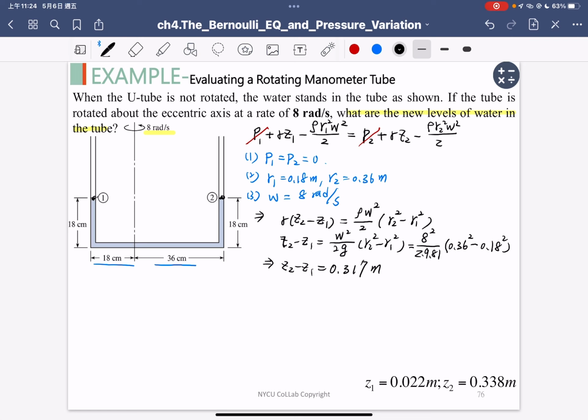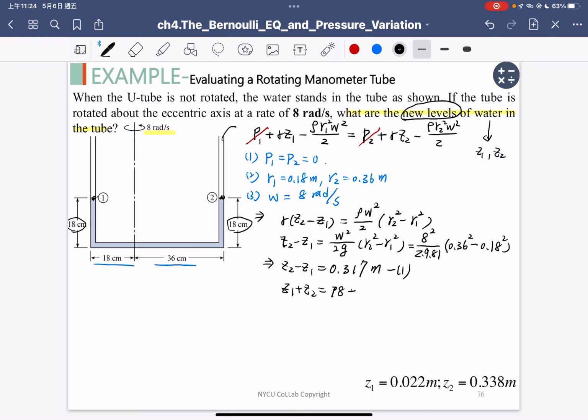But what's the problem? The problem is how large Z1 and Z2 are, because they require us to answer the new levels of the water. But we only have one equation, and we cannot solve for two unknown variables. So we need an additional equation. What is the additional equation? Because we assume the fluid didn't flow out, the total height will be the same. So we know another equation, Z1 plus Z2, will always satisfy